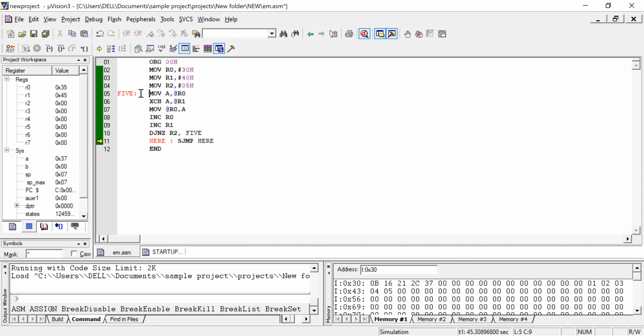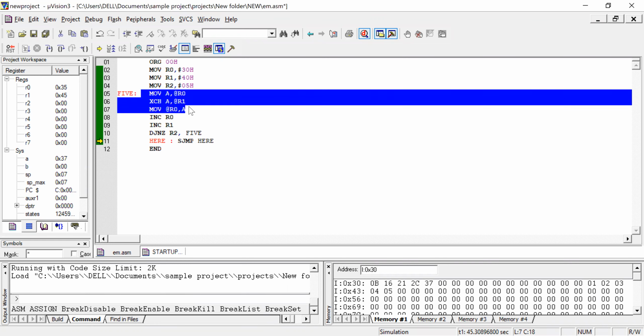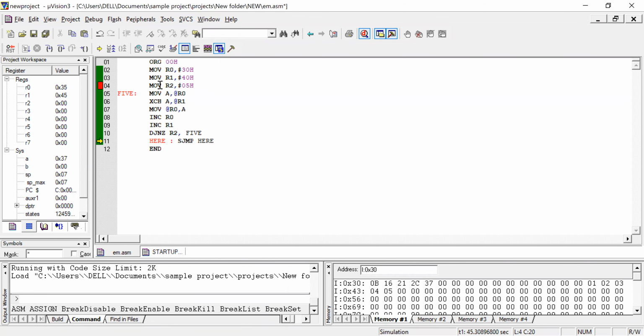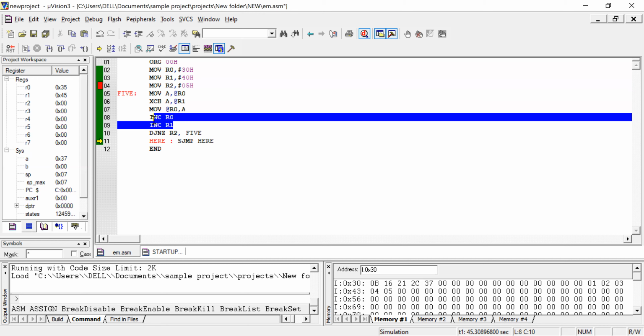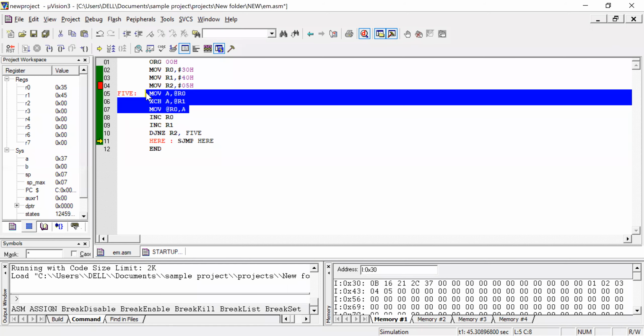See, very simple program. Only this is the logic. This is your counter, how many data you are going to exchange. This is the memory pointer register which points to the address. This address I'm going to increment for every loop so that the next locations will be taken and exchanged. That's it. Only 3 instructions. Any doubt you can ask me so that we can move on to the next experiments.